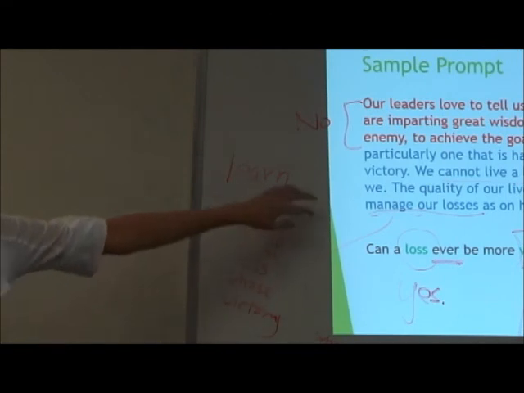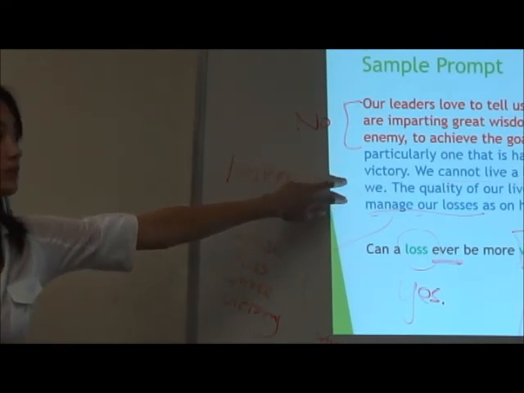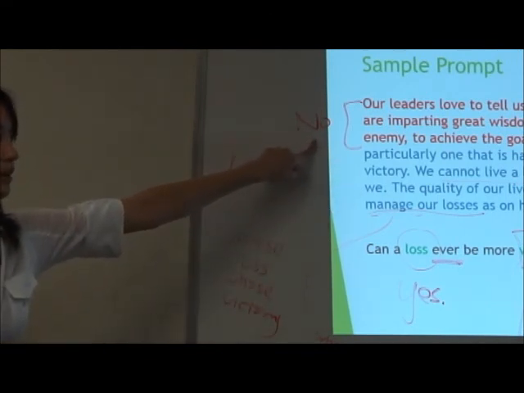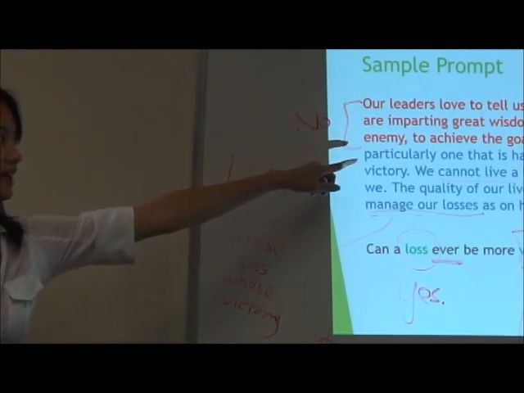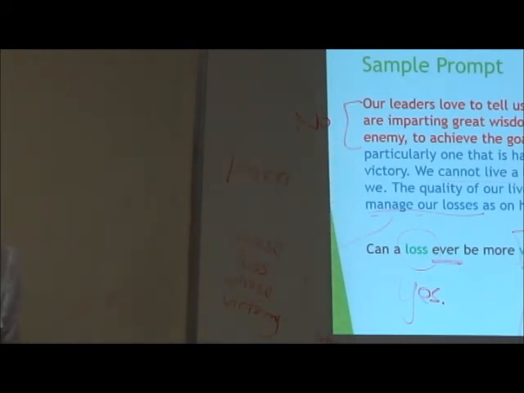So you've already gotten paragraphs 1 and 2. You just have to think of examples for it. You have your counterexample, because it's like this guy, right? And then you just have to say why he's wrong, right? So that's how you can use the prompt to your advantage if you have trouble brainstorming.